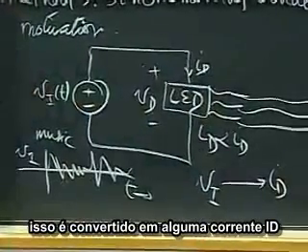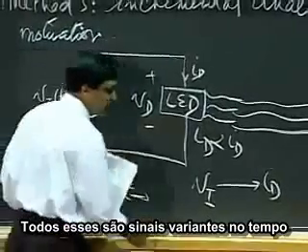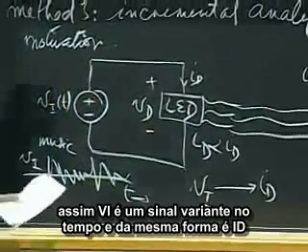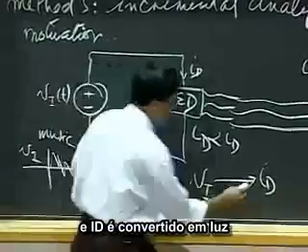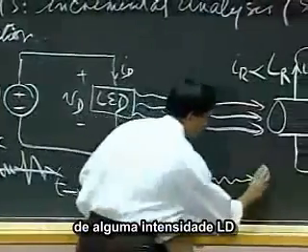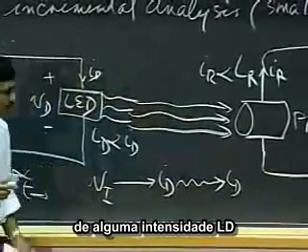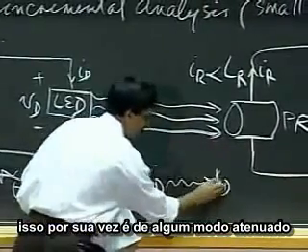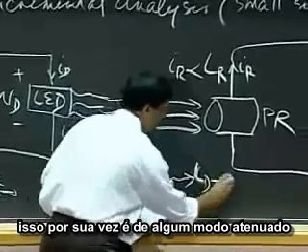That gets converted to some ID. These are all time-varying signals. So VI is a time-varying signal, so is ID. And ID gets converted to light of some intensity LD. This in turn